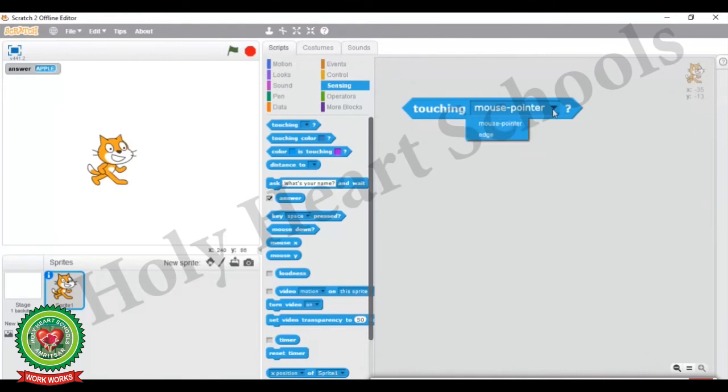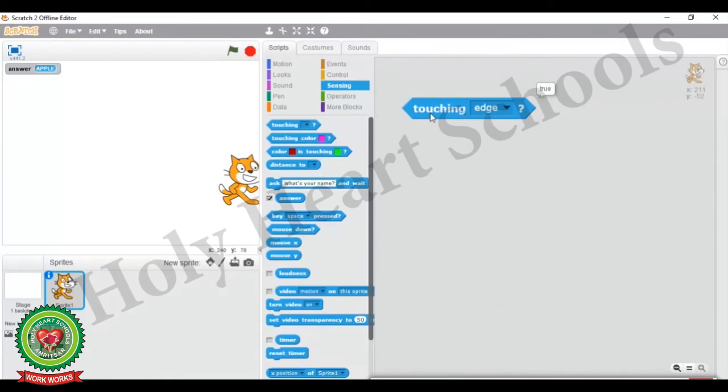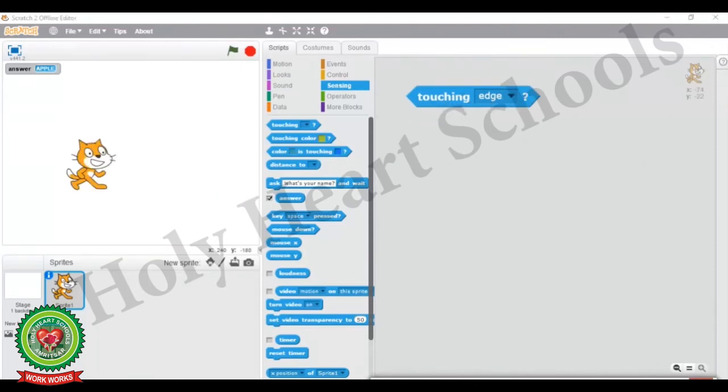Now if I change the option to edge and I move this sprite to the edge, and then double click on this block, it will return you true. Now here you can see the block will return you true only when the sprite touches the edge. Now see the next block is there,